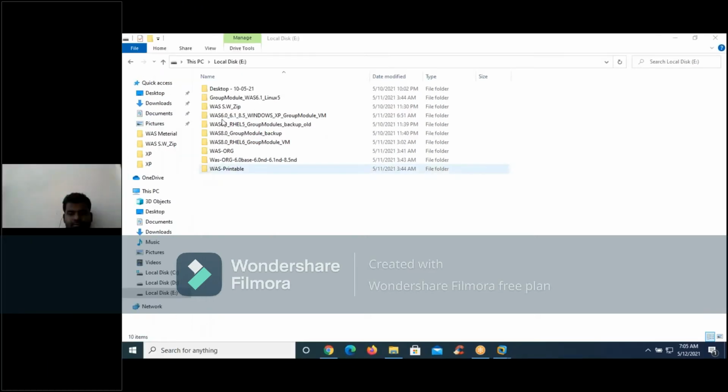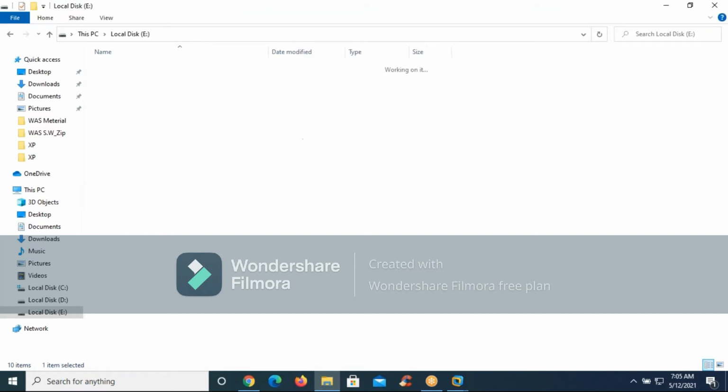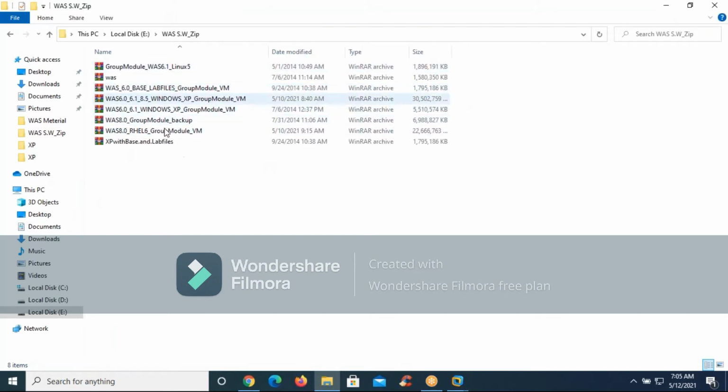So before that, see here, this is the software I am going to share with all of you guys. This is XP with base. And here is the VAS standalone software, standalone installation, that means base installation. Once you do the base installation of VAS software base, the VAS is going to be arranged as a standalone, right? That you know very clearly. So for this setup, this is the software which we are going to use.